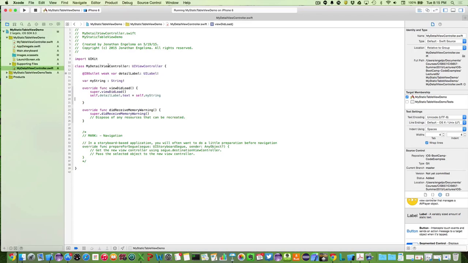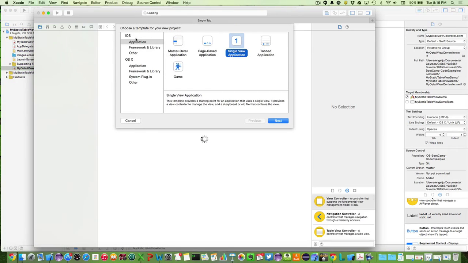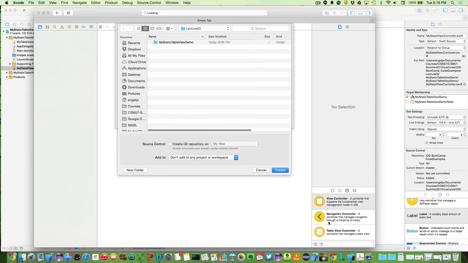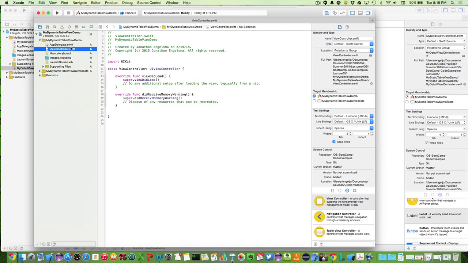So I'm going to create myself a new application in Xcode. And it'll be a single view application, and I'll call it my dynamic table view demo. And once again, I don't need this controller that's created here, so I'm just going to delete this thing, and I'll